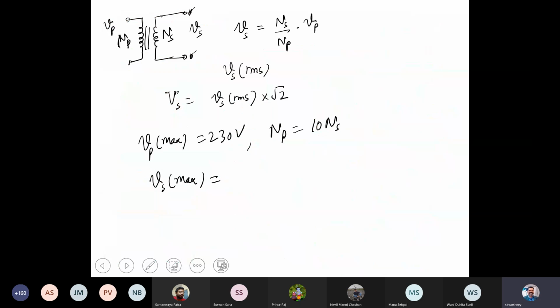Then on Wednesday we'll continue with the full wave rectifier and then the low pass filter, plus regulator. I think we'll be able to wind up this coming Wednesday, finishing the rectification part up to the filter part. We'll do some numerical exercises on this, and continue with numerical exercises on Thursday as well.